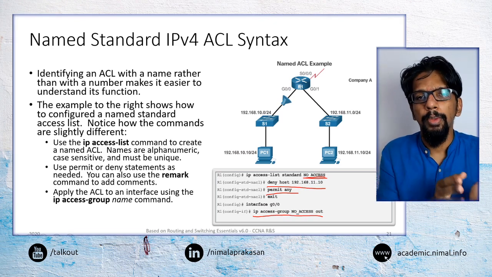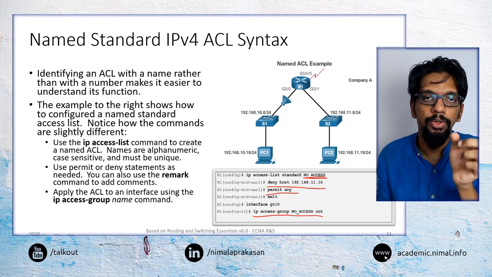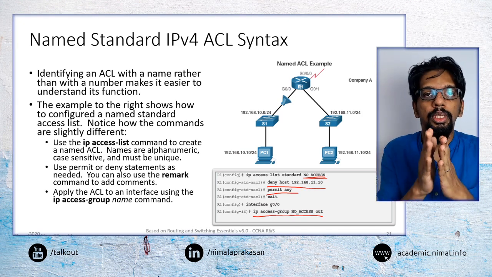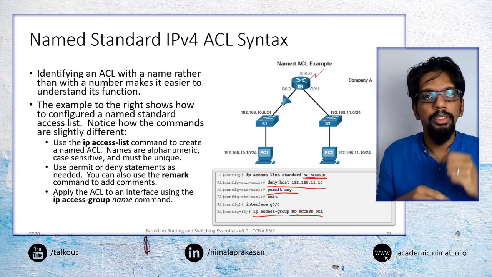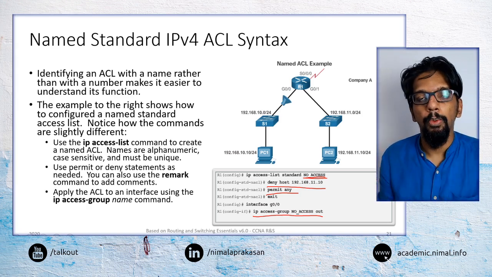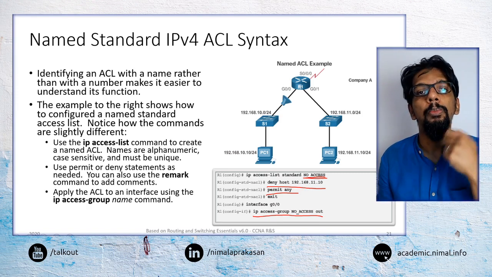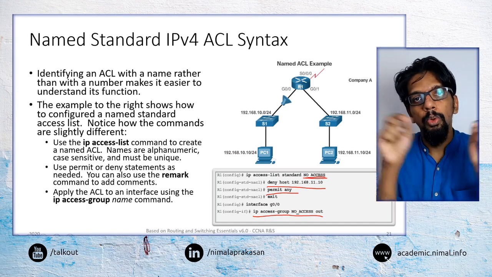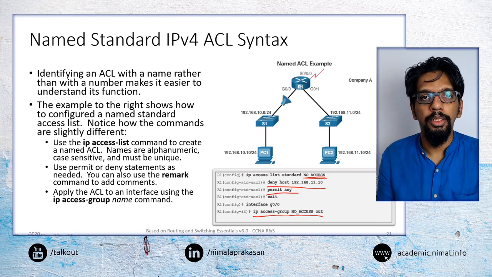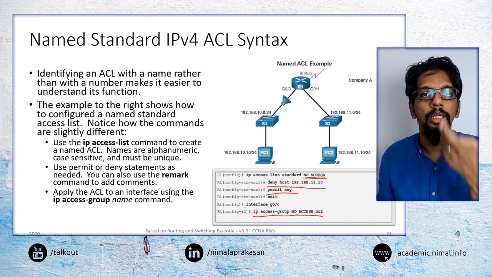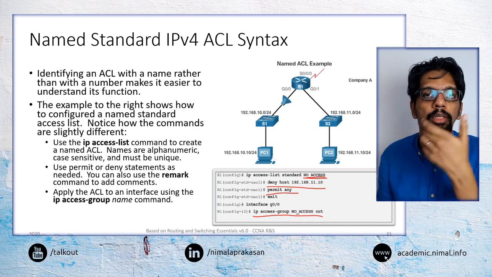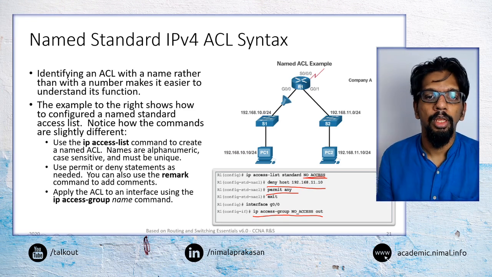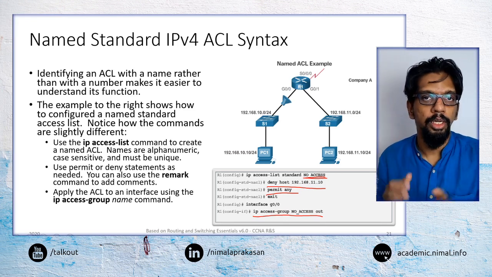The main difference is that here we are not going to have numbers identifying the list, and this can be useful because, say we have a number of interfaces, inbound and outbound rules, different protocols and so on. It would be much easier if the access lists are more identifiable by their names. So we can have much more detailed names to specify what this particular list means. Then we can easily associate them with a particular interface as needed.